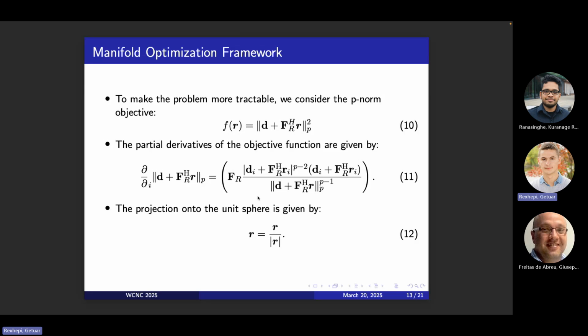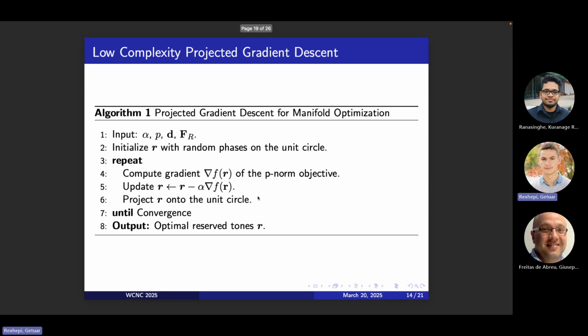However, because these toolboxes use numerical solvers, it might be slow. To make it computationally efficient, we propose a low complexity algorithm by finding a closed form for the partial derivatives and the projection used. As can be seen, the partial derivatives are solved as in equation 11, and the projection used is shown in equation 12. With these equations, we can now construct our own algorithm, which is coined the projected gradient descent for manifold optimization,